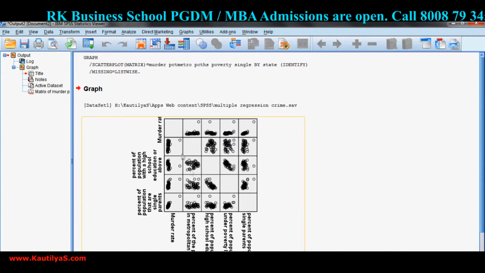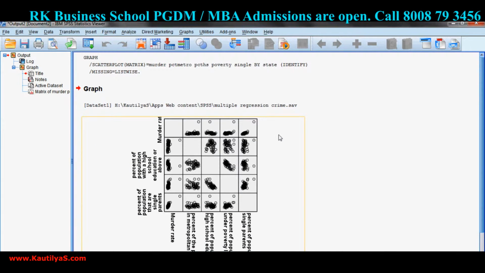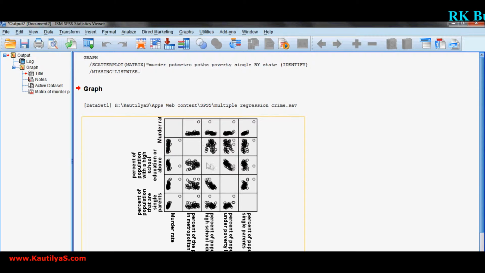So here you have a scatter plot. If you observe the scatter plot, in each association you can see an outlier. A point like this we call an outlier. These potential outliers can create a problem for your analysis.